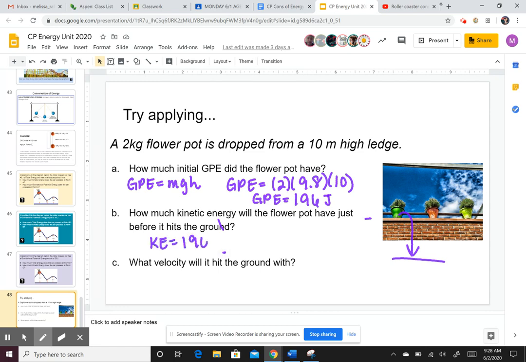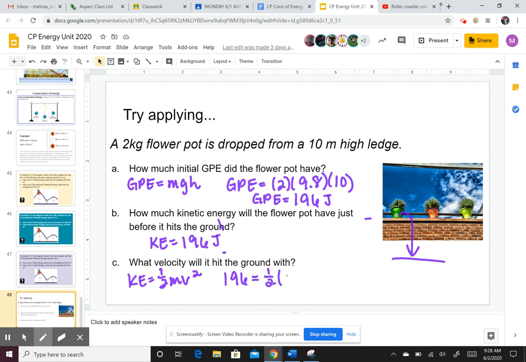Okay, so all 196 joules of energy will be conserved as it falls. It's just changing from GPE to KE. So then we can use that to figure out what velocity it will hit the ground with. So we use our KE equation, 1/2 mv squared. So 196 joules is the amount of KE,